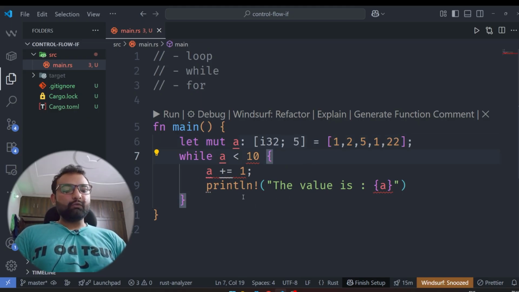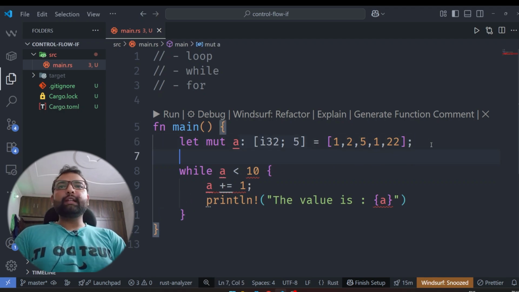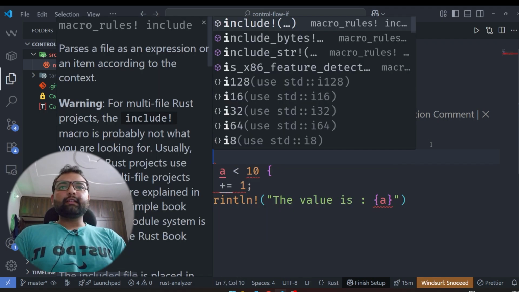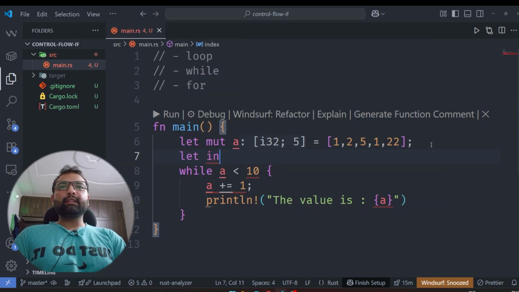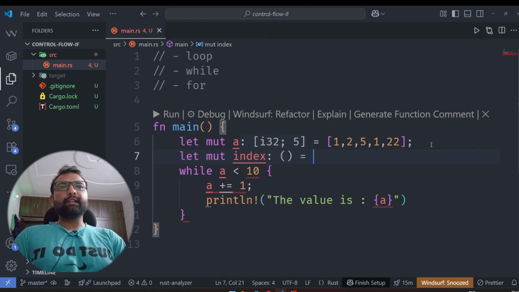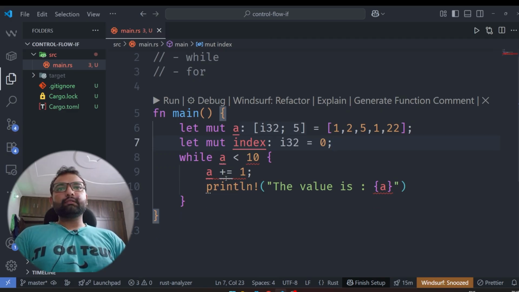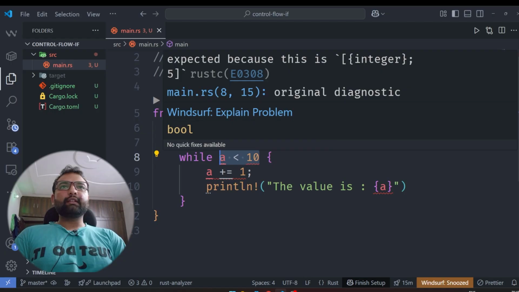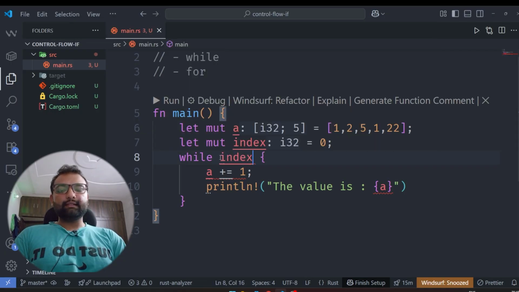So now we are going to give an index value. Let mut index equals to 0, we are going to start, and let's do the condition, if index is less than 5, then